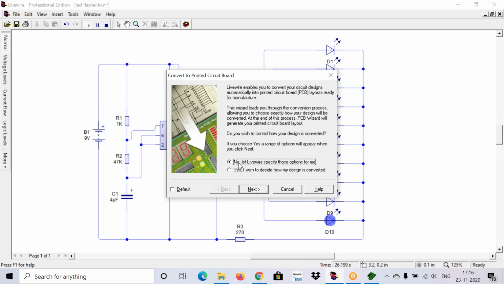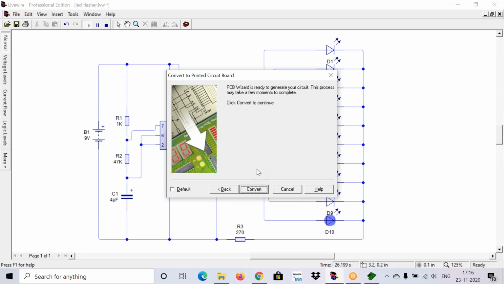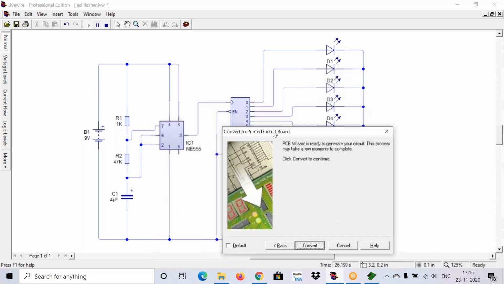All these options are left to Livewire; you are not doing anything, you just select 'let Livewire specify those options for me'. Click on Next, and after that click on Convert. The circuit is the LED flasher.